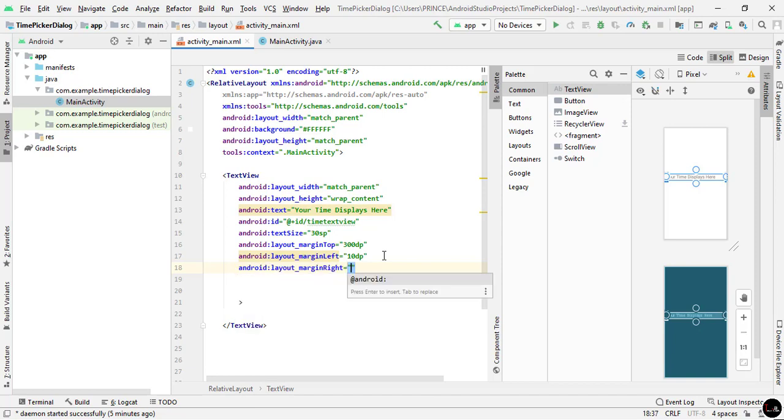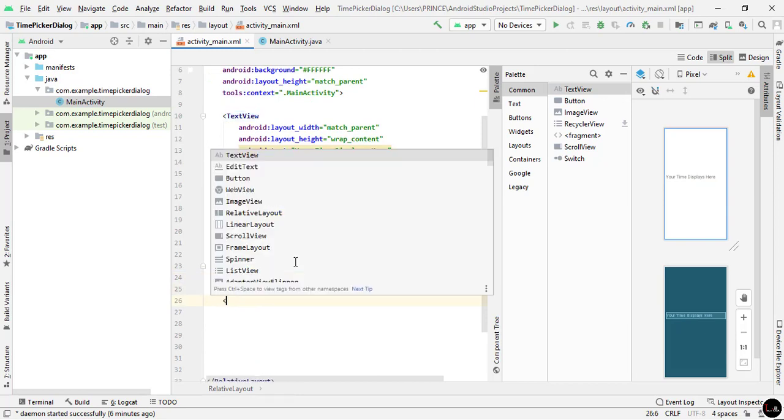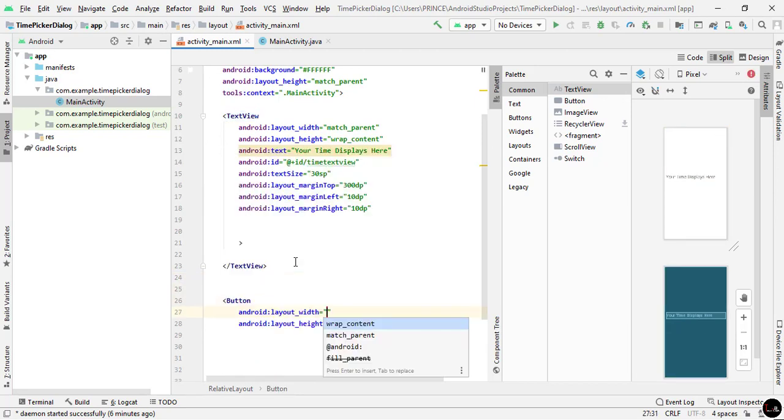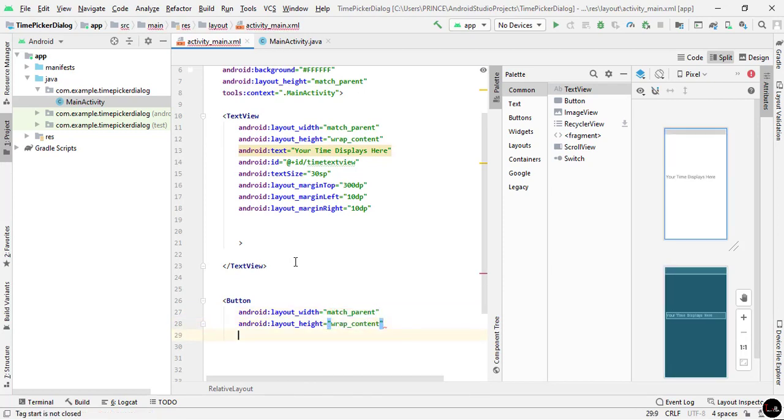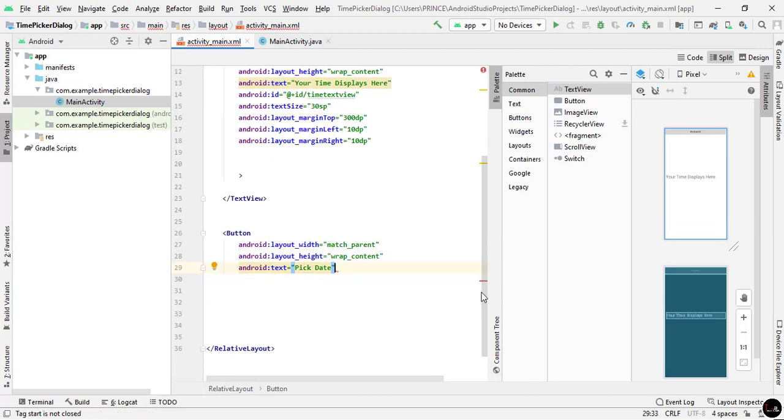Now it's perfect. Now we need a button. When the user presses the button, we have to open the time picker dialog. So for this, first we have to create a button. Below the text view, simply take a bracket and type Button. Set the layout width to match parent, height wrap content, android:text Pick Time, android:textSize 20sp, and android:layout_below because we want this button below the text view.